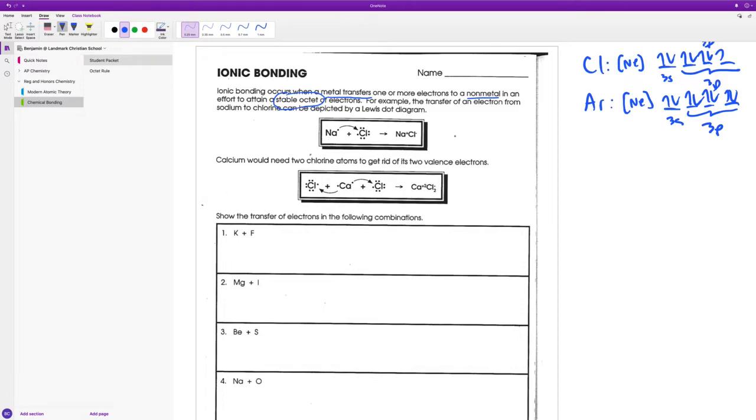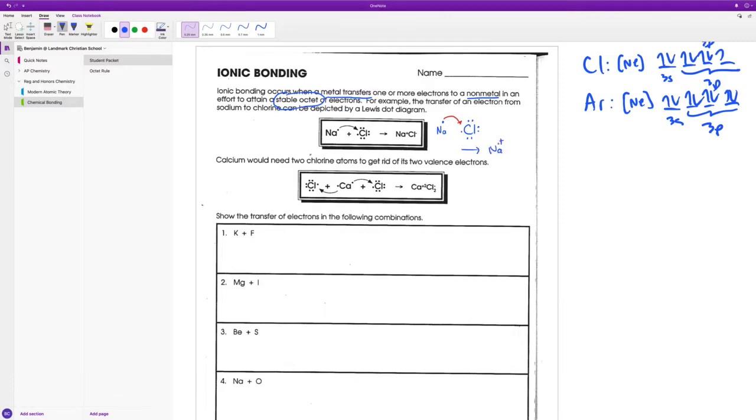Now, when sodium passes off that electron, I want to draw it a little bit differently than what they've got right here. So off to the side, it's the same type of thing. Here's sodium with its 1 electron, and here's a chlorine atom nearby, and it's got 7 valence electrons, group 7A. And so the electron gets transferred over, boom, and now we've got the ions. Na+,